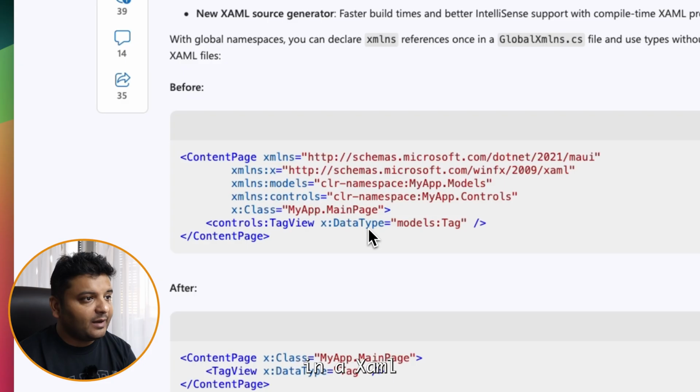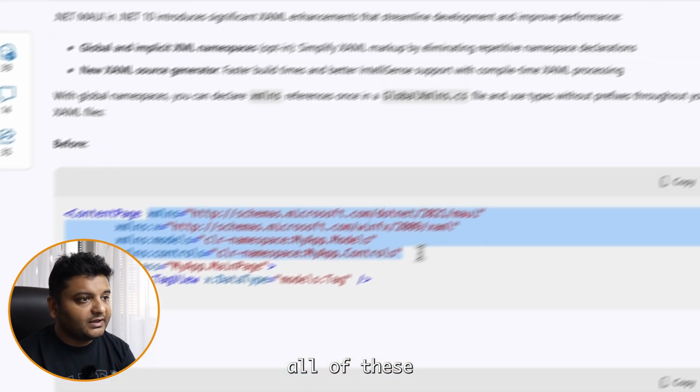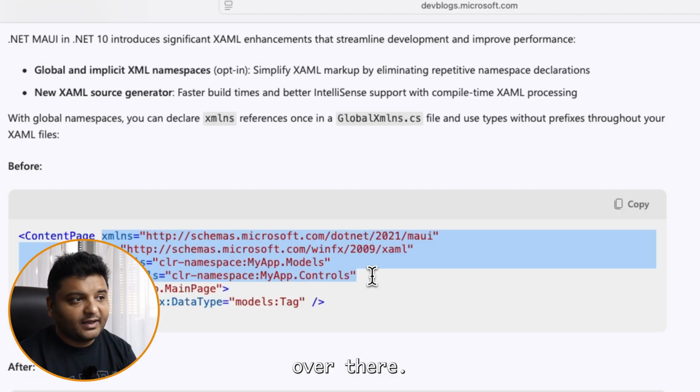Now, so far in a XAML page, every time you created a new XAML page, you will get all of these namespaces over there. And also, if you were to bring in a converter or some behavior or some view model from any other place, you will have to include the namespaces for each and every view. But now you could do it at a central place called